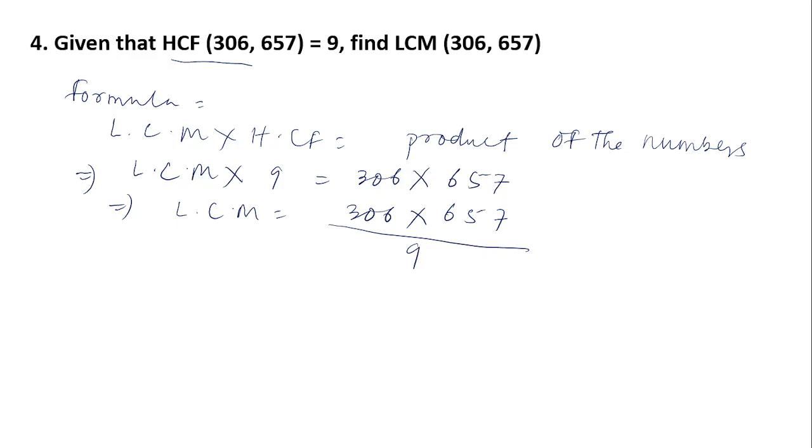After dividing, you will find, I prefer to use a calculator here to save your time. 306 into 657 divided by 9. Then the answer is 22,338. This is the answer. Next,